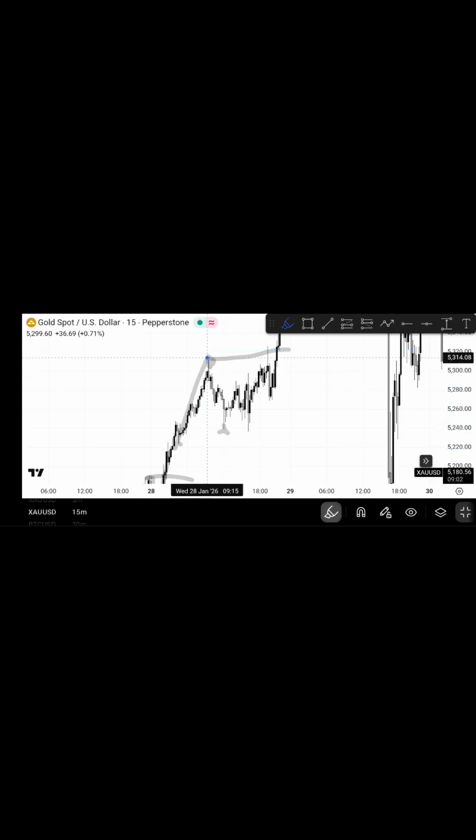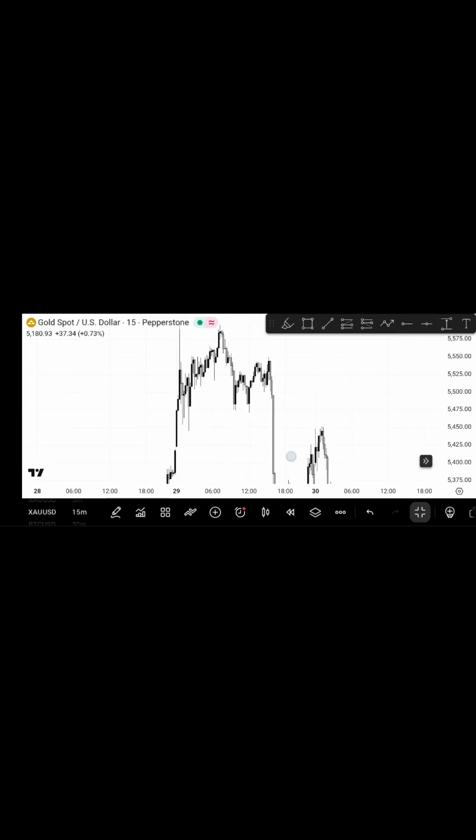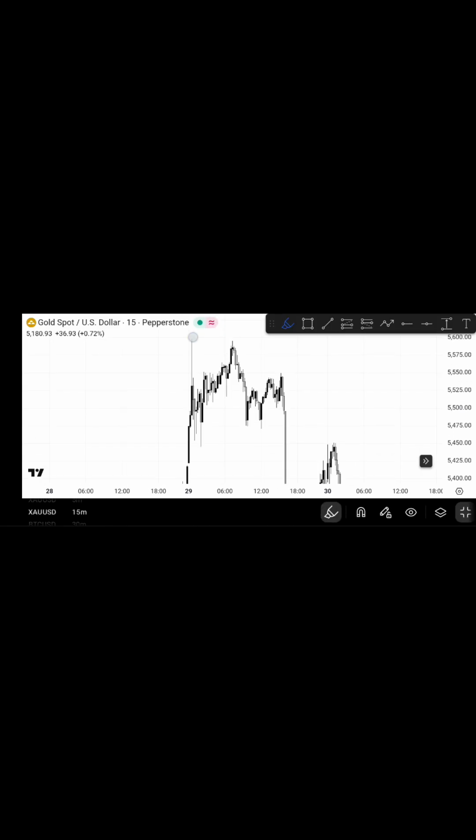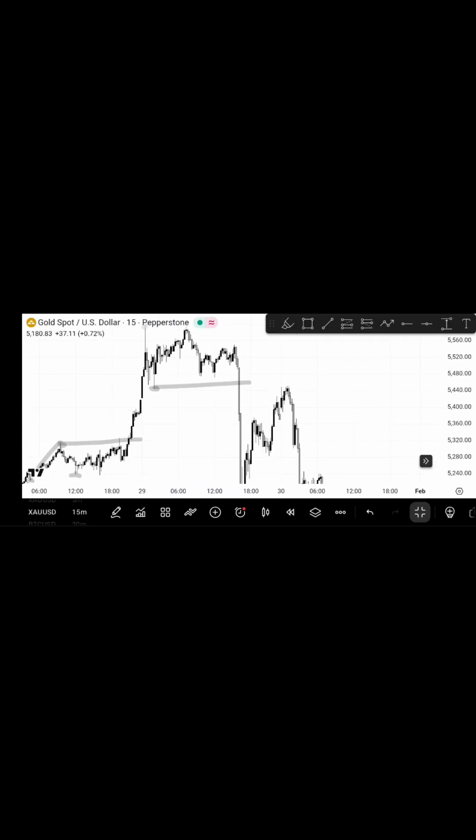Telling us that buyers are still in the market, so we should anticipate more buys. You understand? So now we have a new higher high and higher low. Then what do you see the market do? It broke it down. So as price breaks this zone here, now you can mark, as I told you, here